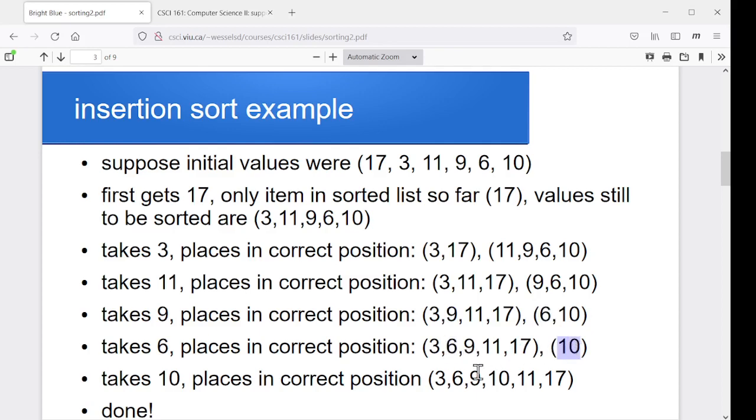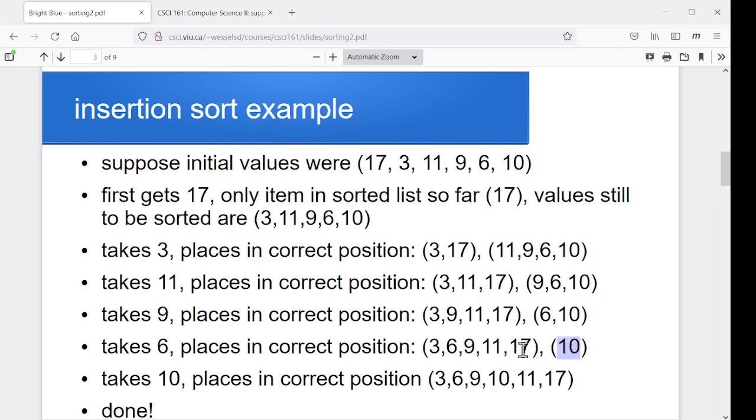Grab the 10, move it into its correct spot. And eventually, once we've done the last thing, we're done. So it's easy enough to set up a loop that says, until we reach the end, we've got to keep doing this. But we need a loop on the inside of each pass, if you like, that says, how do I take this current element that I'm inserting and move it into its correct spot in the rest of the array? And so what we're going to try doing is just saying,